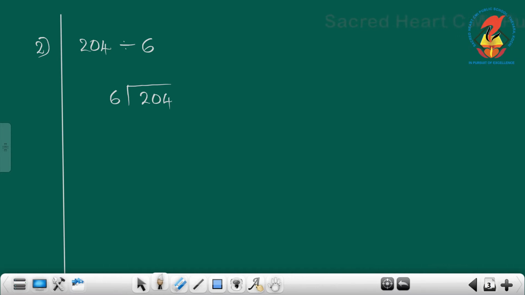So we can take 6 3s are 18. So 20 minus 18, 2 is the balance. 0 minus 8 is not possible, so we borrow from the next number, that 2 becomes 1 and 10 minus 8 is 2. So 1 minus 1 is 0. Another way we can say 20 minus 18, this answer is 2. So next number, bring it down, that is 24.